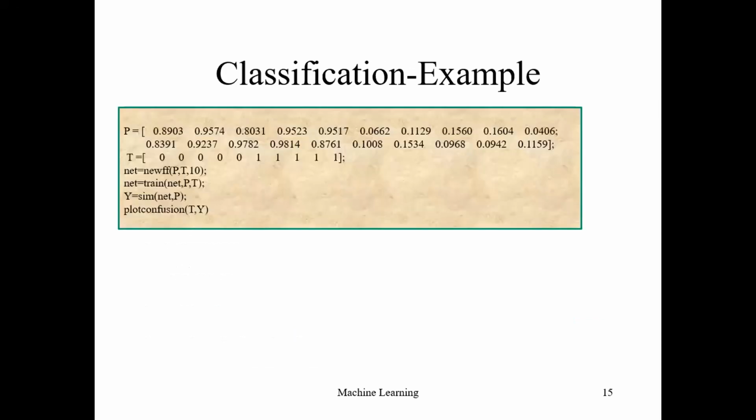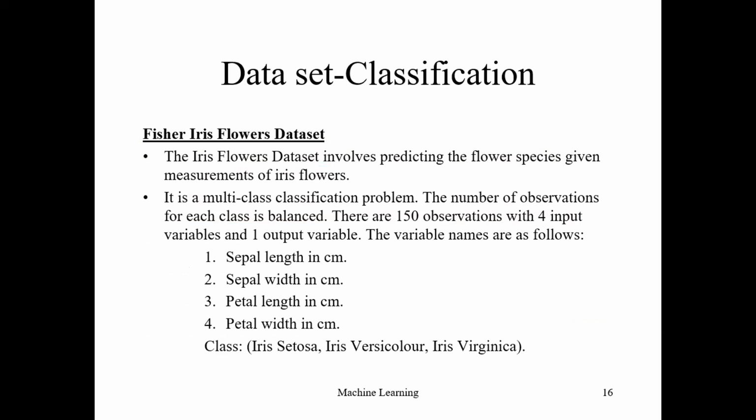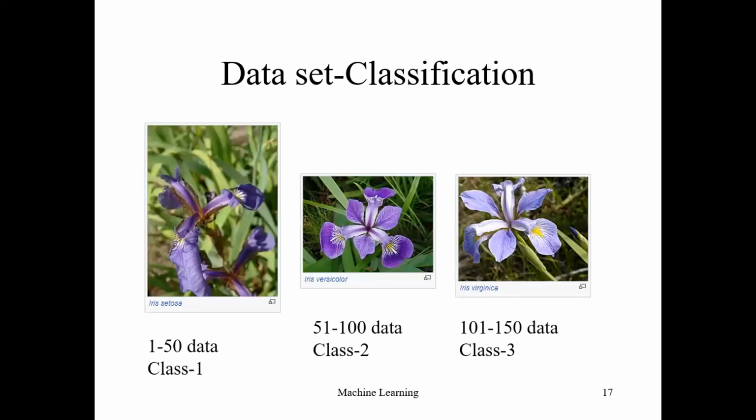This is all our regression data. I can choose another important area called classification. So here we are going to do data set classification. I can choose a very simple data set which is available in MATLAB or online. The data set is called Fisher Iris data. I think those who are working on classification are familiar with the Fisher Iris. The Fisher Iris data is a kind of flower which has three different classes. So what are the classes?